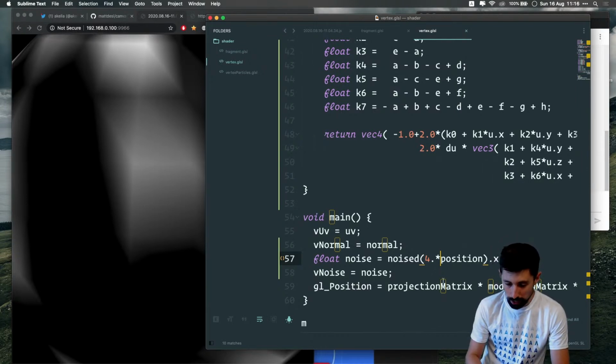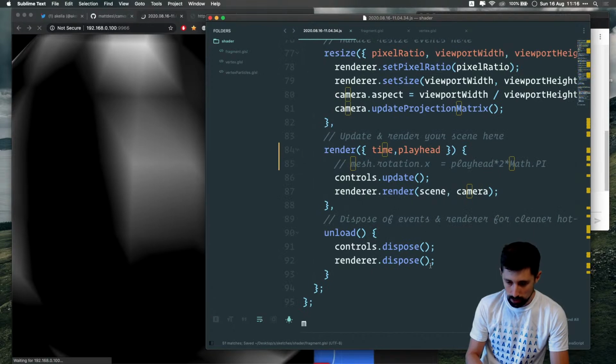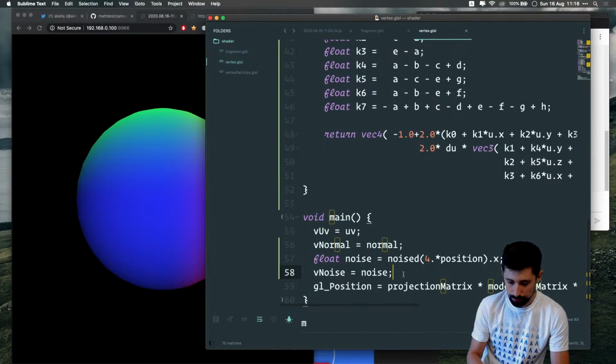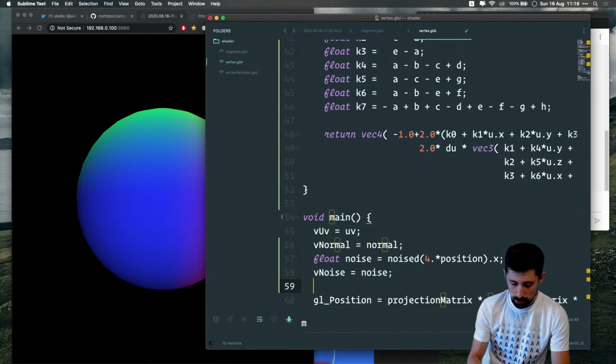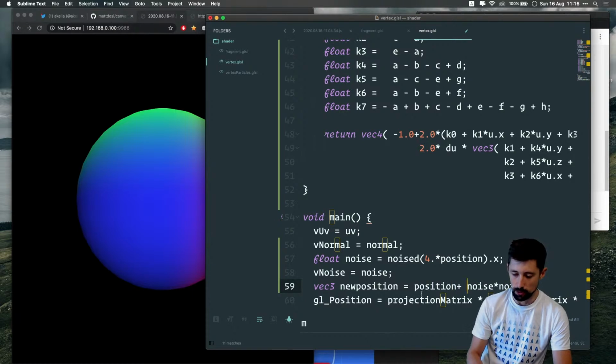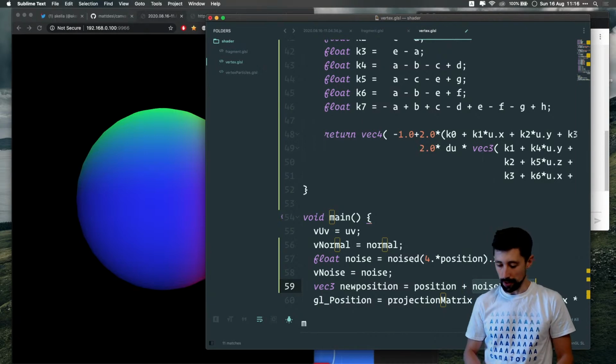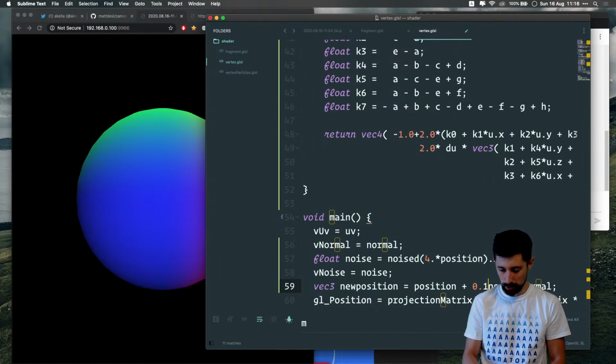But why do I need that? Okay, let's get back to the normal view. I needed that to distort the sphere. So what I would do is, vec3 new position equals noise multiplied by normal, and then position plus noise. So I'm going to be adding to each position of the sphere, distorting it in the normal direction with a noise function. And because noise is probably between -1 and 1, and the whole sphere is 0 to 1, I'm going to multiply